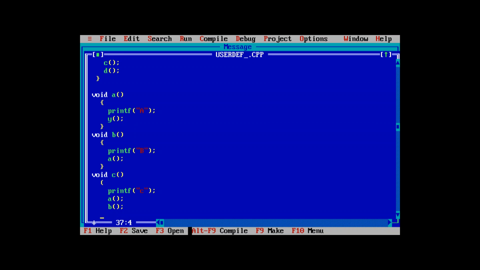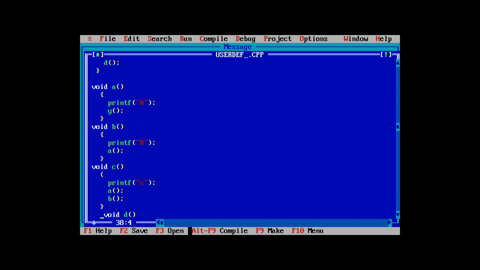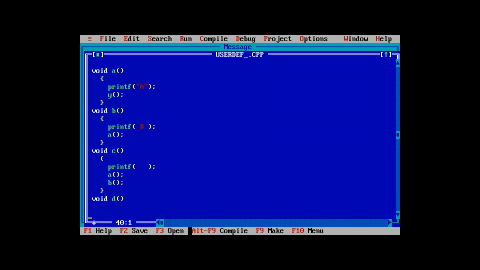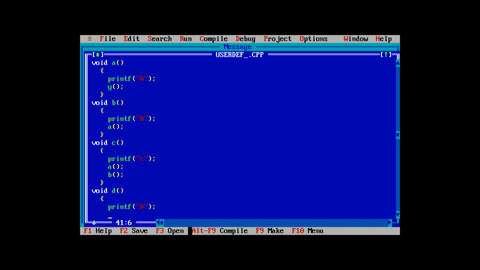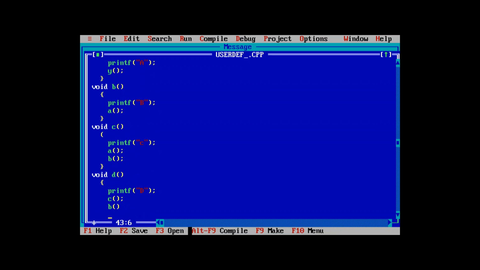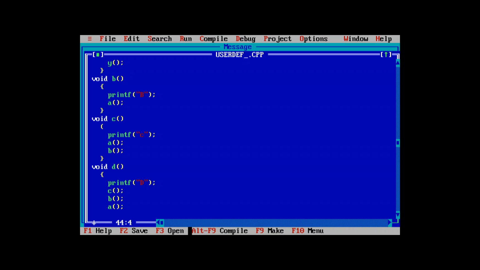Now the C work is over, so please close it first of all. Now it's time to declare the void d, that is, what is the content of the void d. So simply printf, then call the three functions again, that is c, b, a. Then simply,